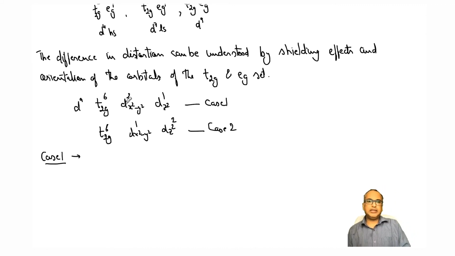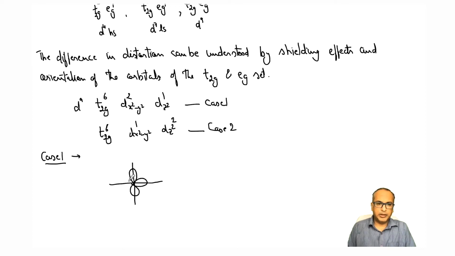So if you carefully see that the electrons are filled, there are more electrons in dx square minus y square as compared to dz square. So if I want to draw the picture, let's say this is my dx square minus y square, with x y, minus x, minus y. These are positives, these are negatives, right? Now my ligands are approaching from these sides,